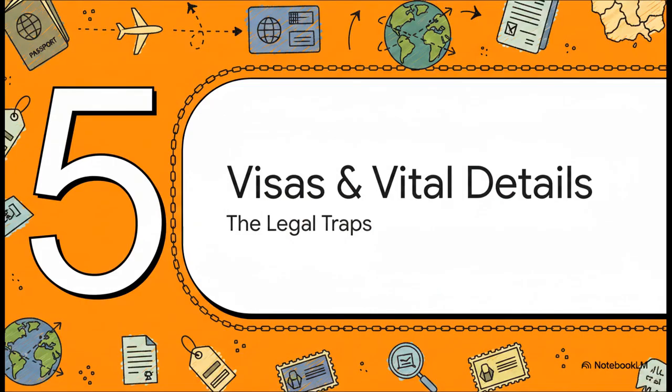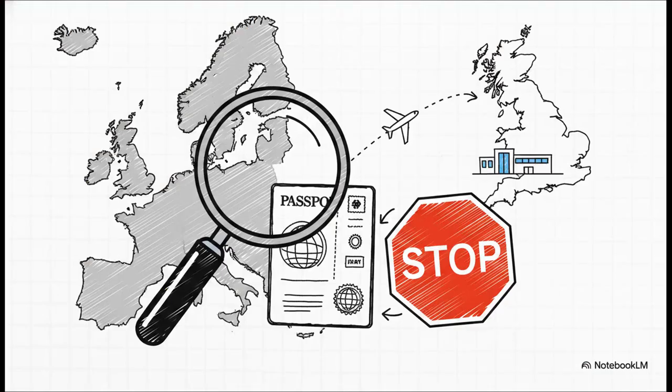Which brings us to Section 5, Visas and Vital Details, the legal traps. Okay, navigating visas is our next trial. Border rules apply everywhere you land, even if you're just transiting. Every sovereign country needs a check. Never assume anything. Like, sure, the Schengen visa covers 27 European nations perfectly, but remember, post-Brexit, the UK requires entirely